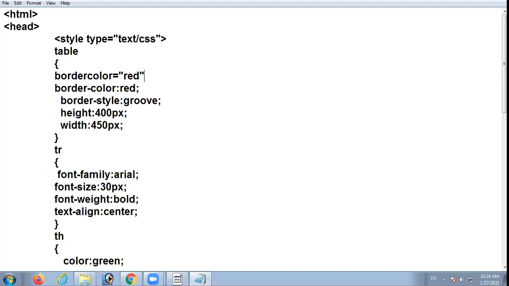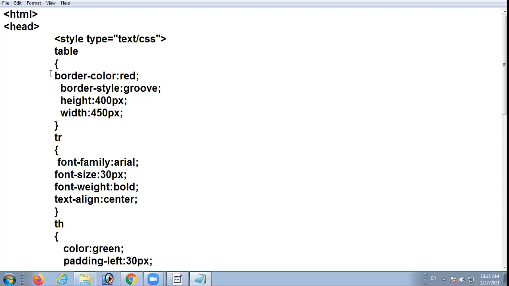When in HTML you are writing 10th class, it is one single word. Again, I am focusing on this point. There is no attribute in HTML in which you can give space. You cannot give space in attribute name inside HTML. But in CSS, the name is separated by hyphen. Okay? So this was the case of HTML, but I am doing the formatting via CSS. So this is the style rule.